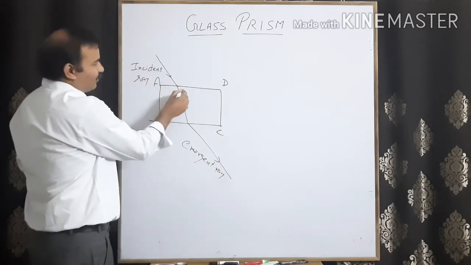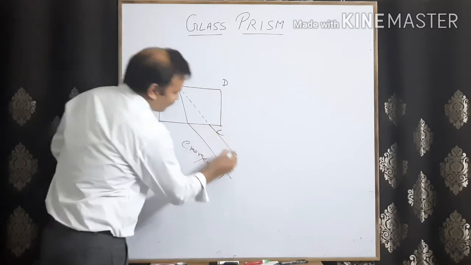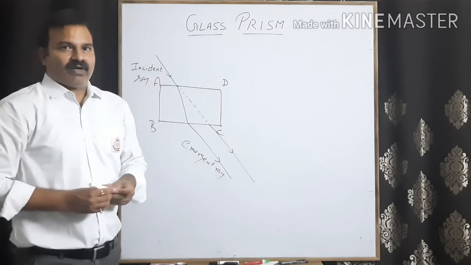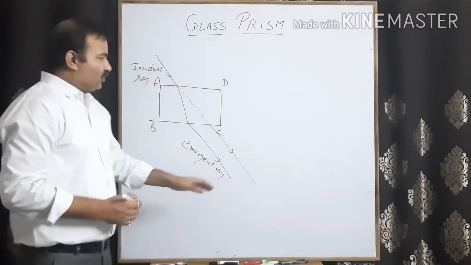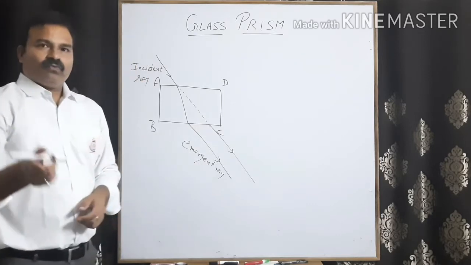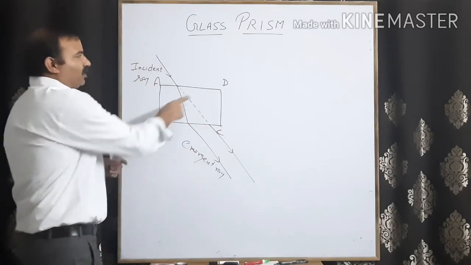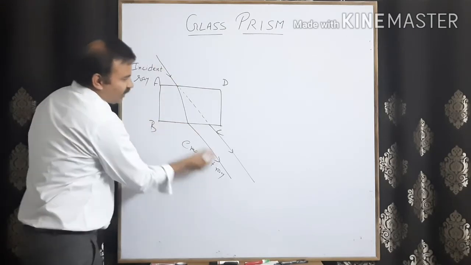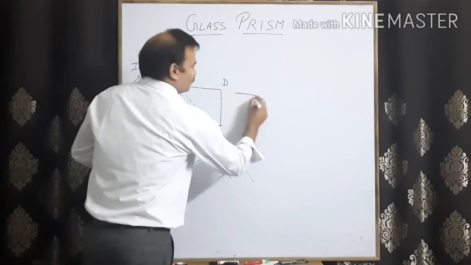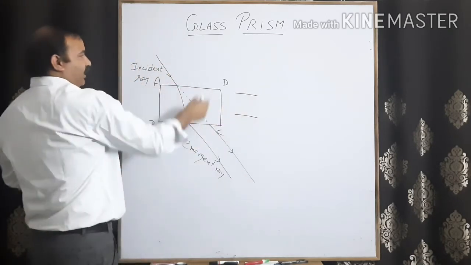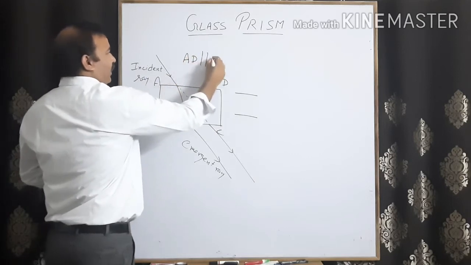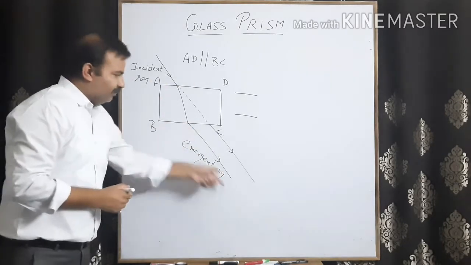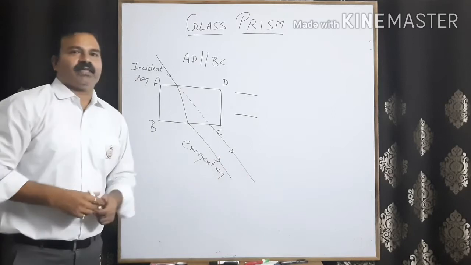When the incident ray is produced forward, this incident ray and the emergent ray, they both are parallel. When we taught you about the glass slab, you saw that these two are parallel. The reason is that the surface where the incident ray falls and the surface from where the emergent ray comes out are parallel. That is, AD is parallel to BC. That's why the incident ray produced and the emergent ray are parallel to